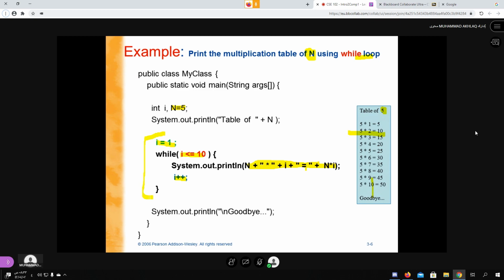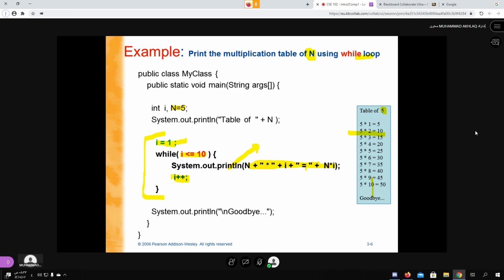So this while loop, any loop, has three parts. One is the initial value of some variable, then the check condition, then the increment or decrement, and there is some statement which is the body of the loop.